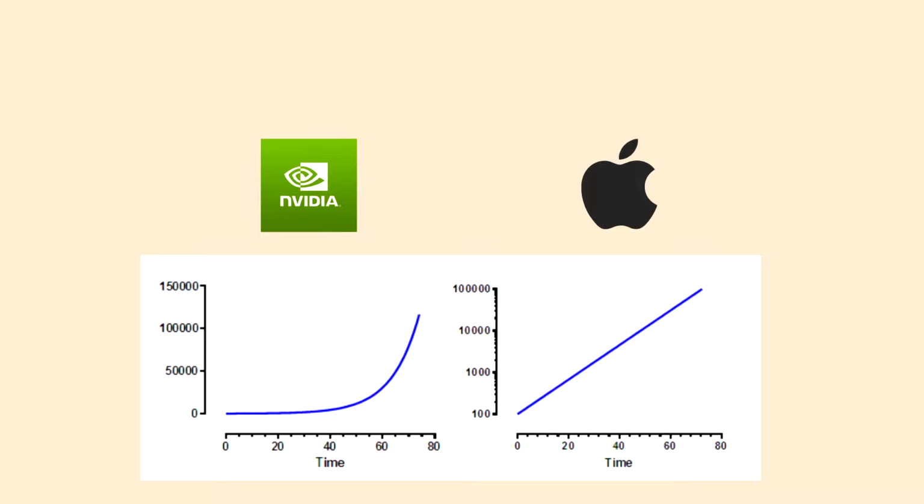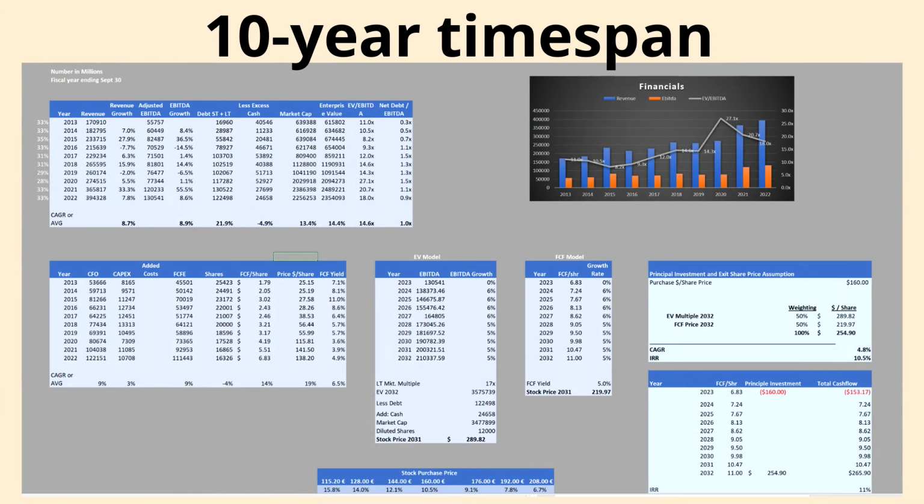So I always try to look for a 10-year time span. And then I look at exactly what I think the stock price will do over those 10 years. And I will also take into consideration the free cash flow that the company would generate, because of course that money is going directly to you as well. And I include that in my calculation of the IRR, the internal rate of return. And this kind of normalizes the return that you can expect on a per dollar basis.